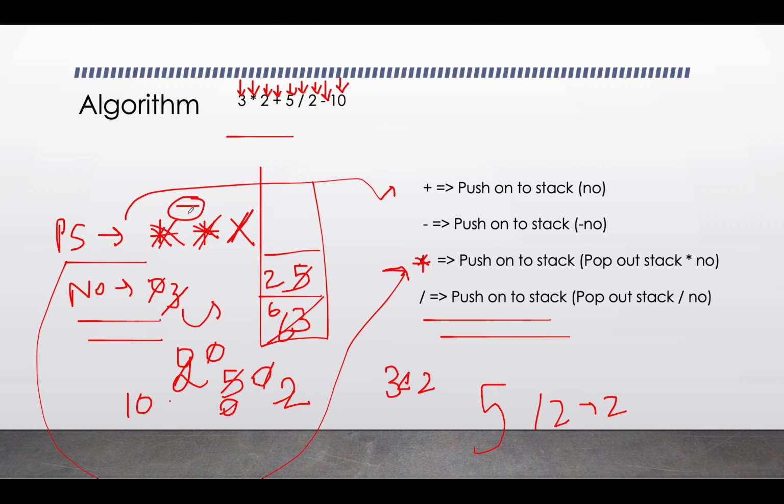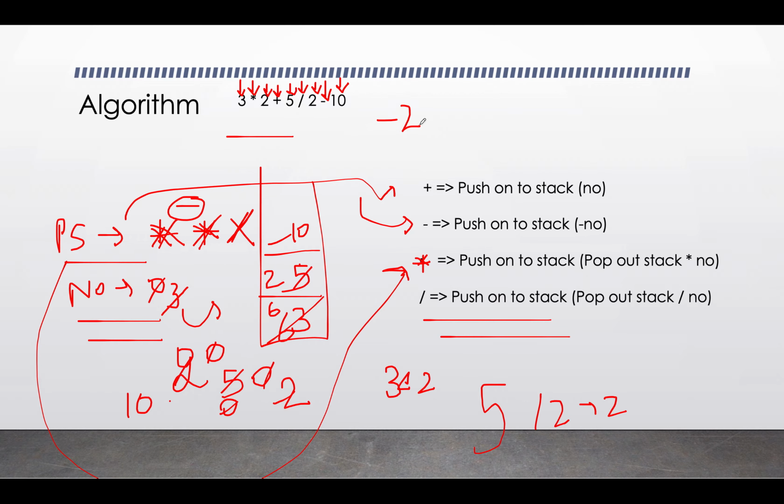So the previous sign is minus, the second rule applies and you push it onto the stack. So minus 10 gets into the stack. So what all values are there? Minus 10, 2 and 6. And at last you need to iterate through the stack, pop the values out of it, and do a summation of it. So 5 minus 10 plus 2 is minus 8. Minus 8 plus 6 is minus 2. So the answer is minus 2.